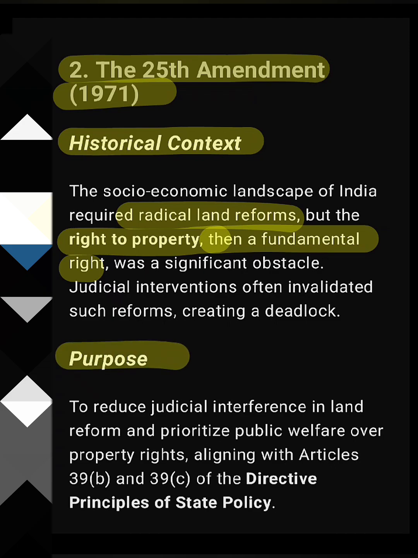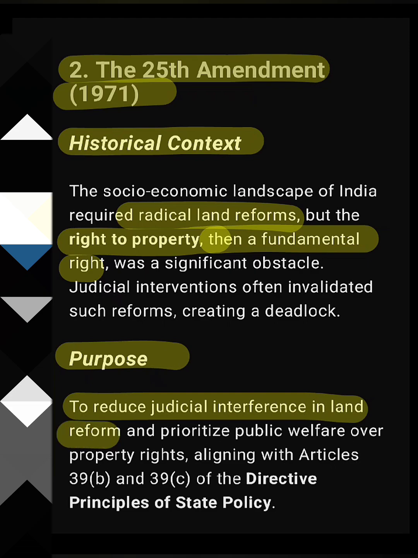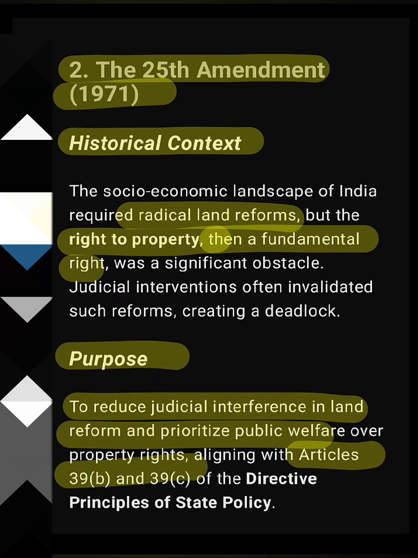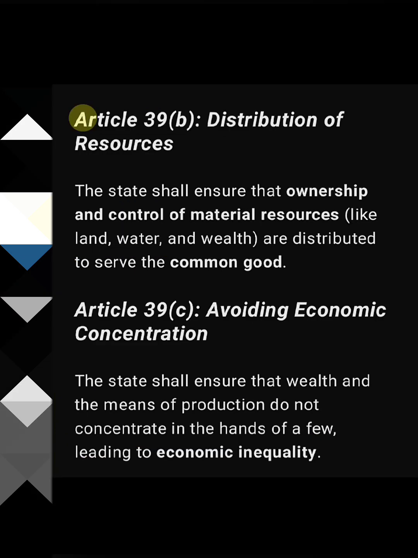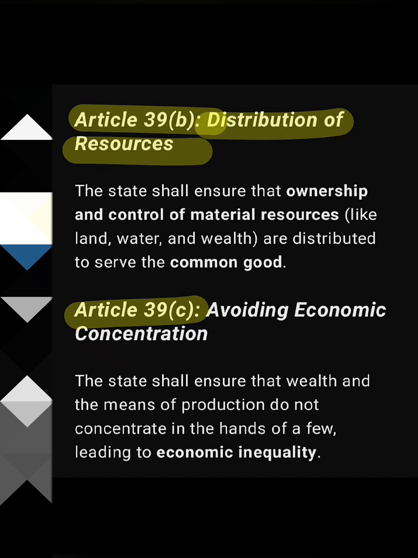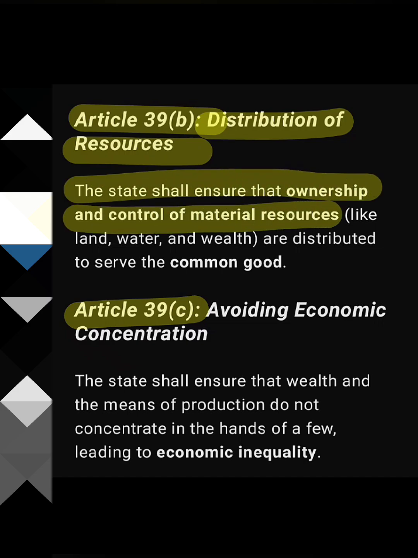So the purpose of this amendment was to reduce judicial interference in land reforms and to prioritize the welfare of the people over property rights, and to materialize Articles 39B and C of the Directive Principles of State Policy. So let's first discuss what Articles 39B and C are talking about. Article 39B talks about the distribution of resources, which means the state shall ensure that ownership and control of material resources like land, water, and wealth are distributed to serve